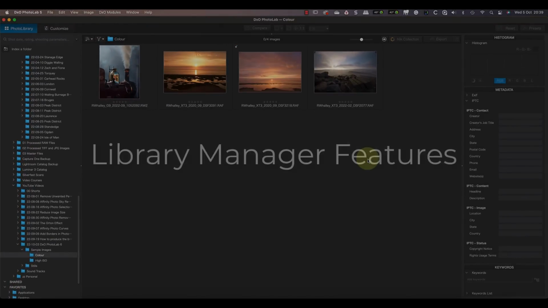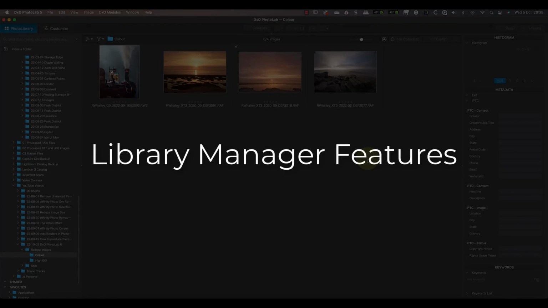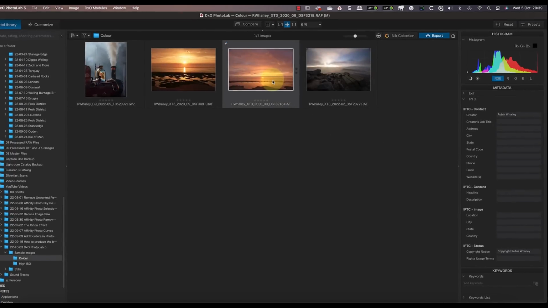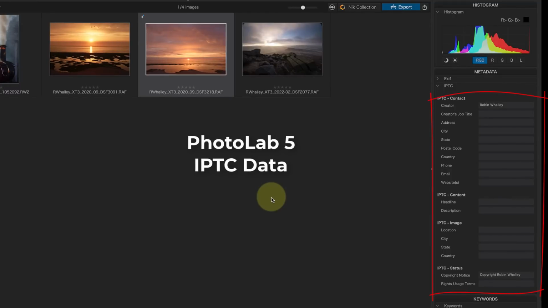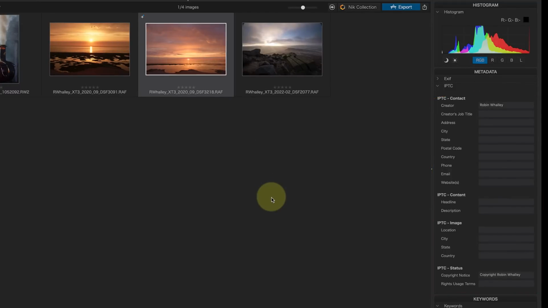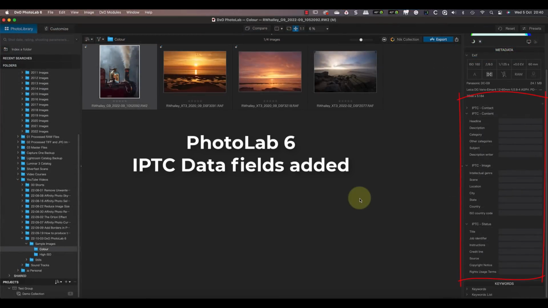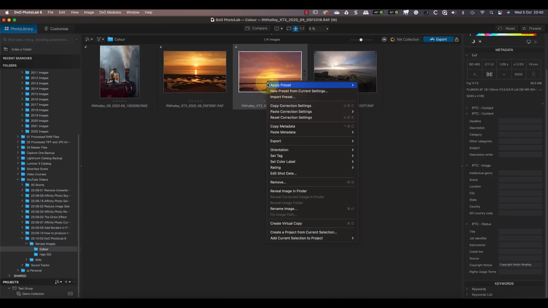In addition to the editing changes we've looked at, there are several changes to improve the library management. These include access to additional EXIF and IPTC data fields. In PhotoLab 5, the IPTC content, images and status information were missing some important fields. This was especially true for anyone submitting stock photography. Several new fields have now been added to PhotoLab 6 to improve the situation. It's also now possible to assign colour labels to images, which was an important omission from the previous version of